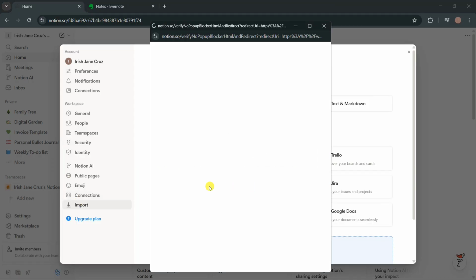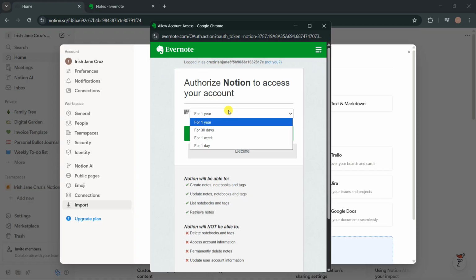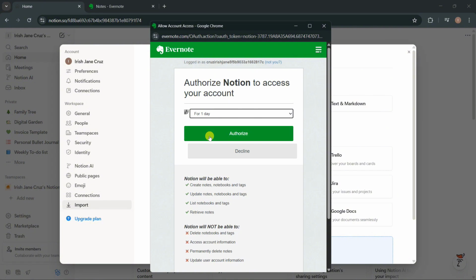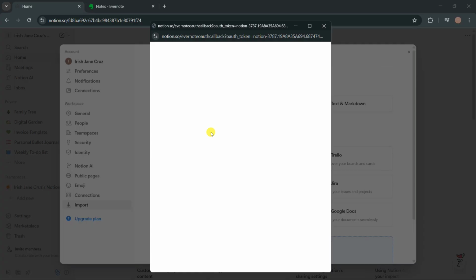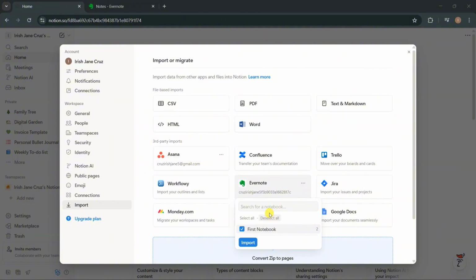And then this will pop up on your screen. You need to authorize the connection between your Evernote account and your Notion account. You can set for how long you want this connection to last. For example, I want mine to last for only a day. I'll simply set it for 1 day and then click authorize. After you authorize the connection, you'll be able to find this option to